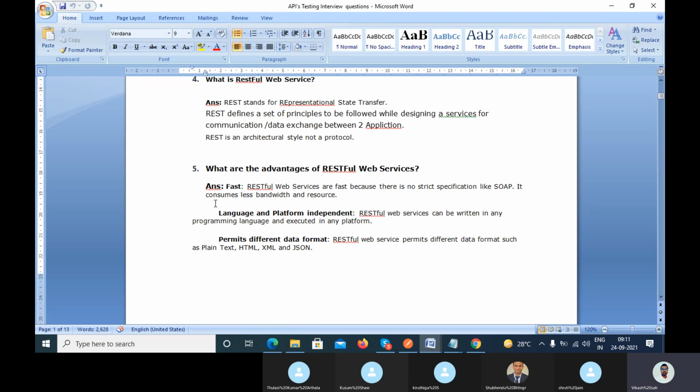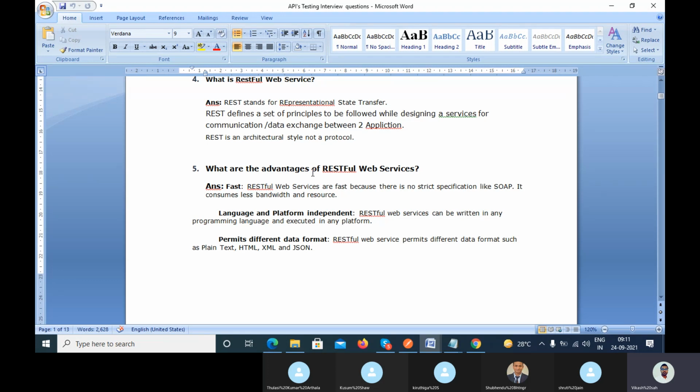Now, what is the advantage of a RESTful web service? If you worked for 3 years on that particular project, they will ask what you realized, why it is beneficial, what the advantages are.